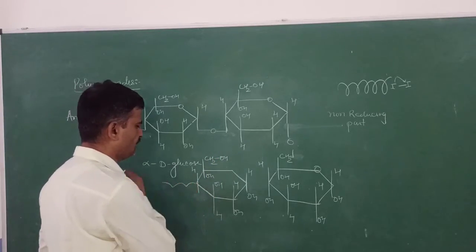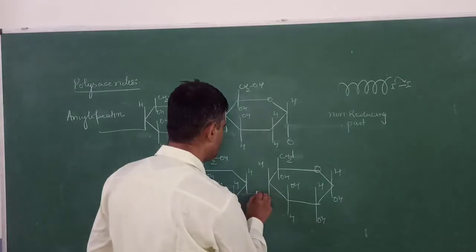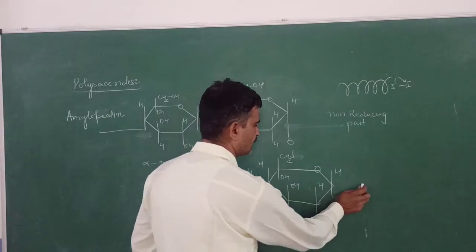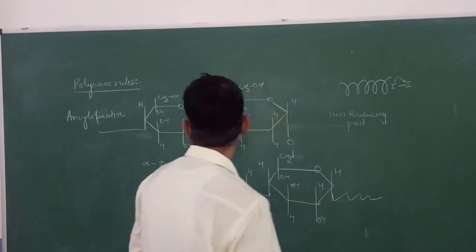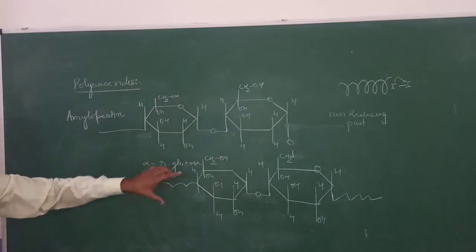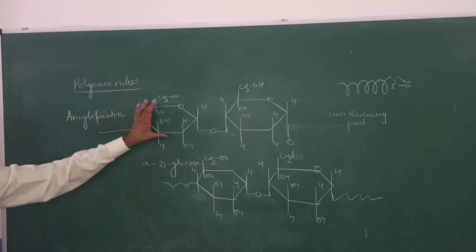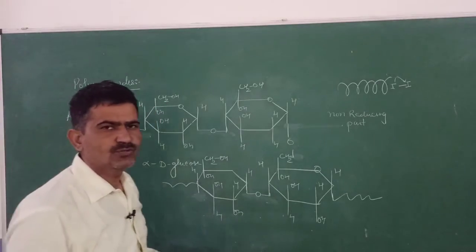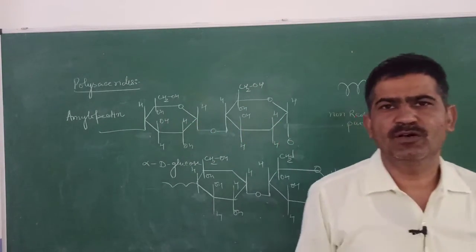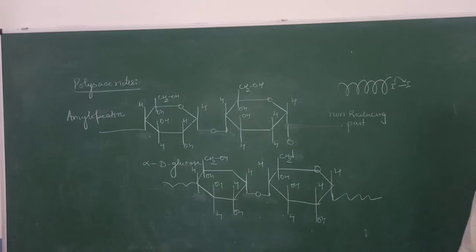They are showing branching. These are joined together by means of the glycosidic linkage. This way, this portion shows the amylopectin, and amylopectin is a branched chain of alpha D glucose units by C1-C4 linkage and C1-C6 linkage. And starch is found as a store food in potatoes. It is mainly found in potatoes and corn, the main sources of starch.